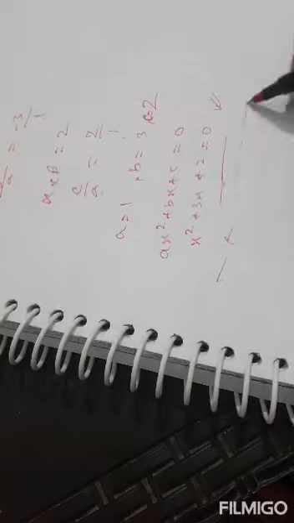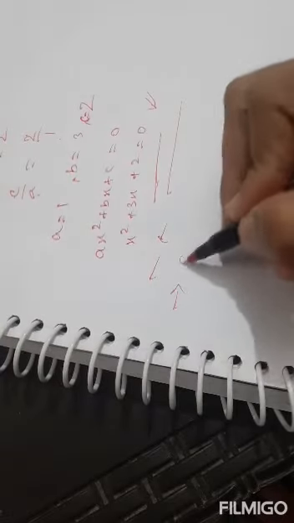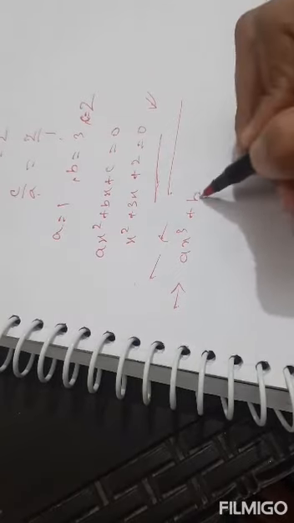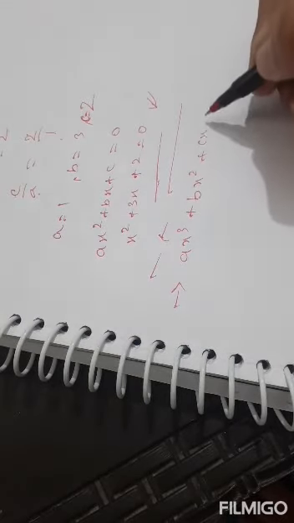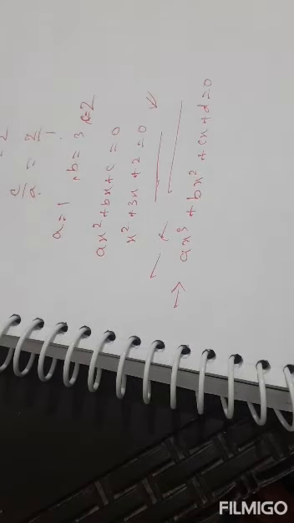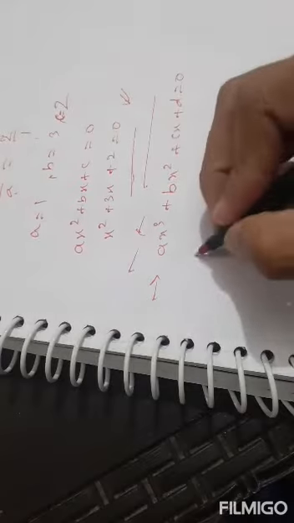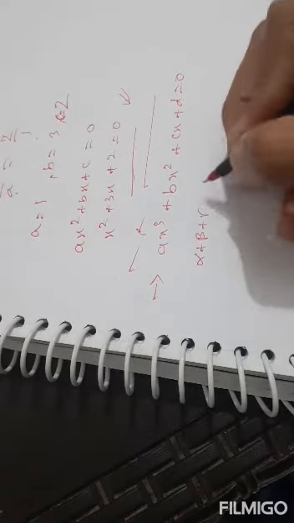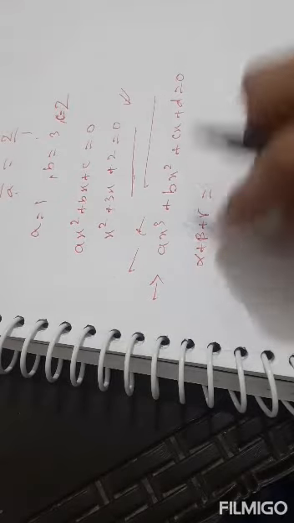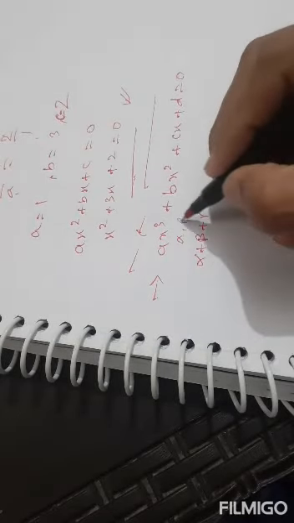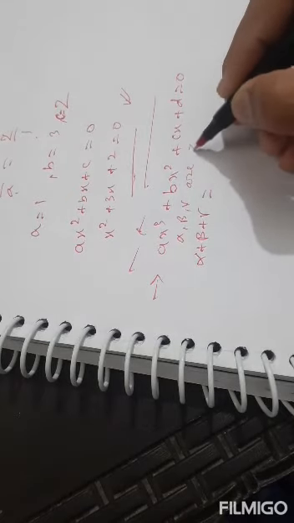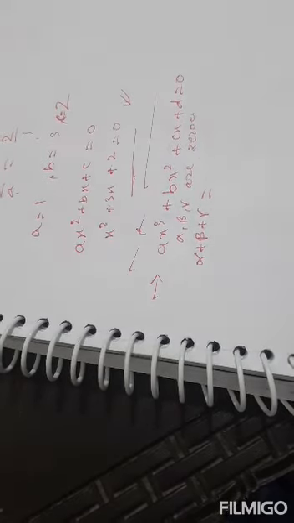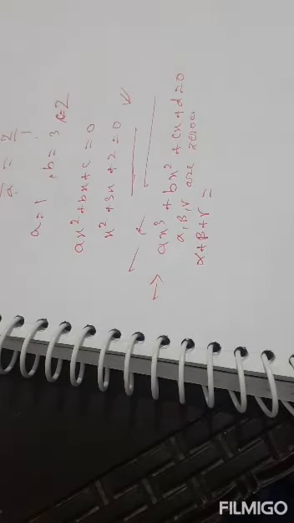In this they have also given the cubic polynomial. Actually that is very rare, but you can learn this. ax cube plus bx square plus cx plus d equals 0. This is the general form of a cubic polynomial. So the sum of the zeros of this will be alpha plus beta plus gamma, where alpha, beta and gamma are the zeros of this.